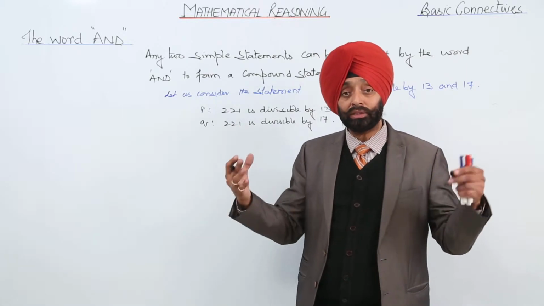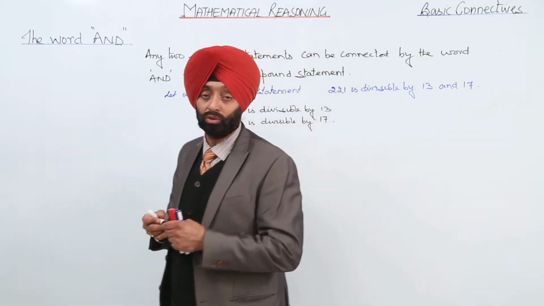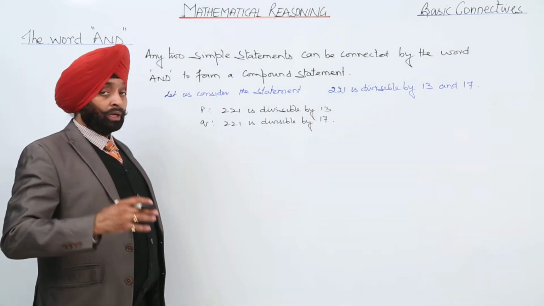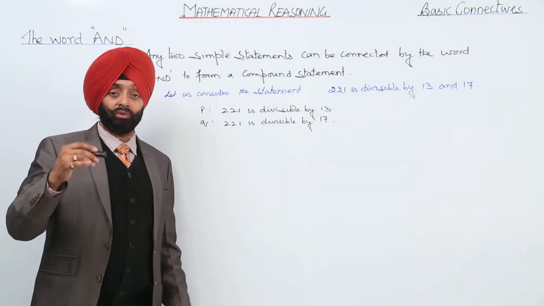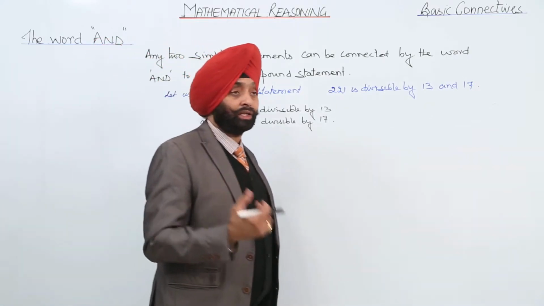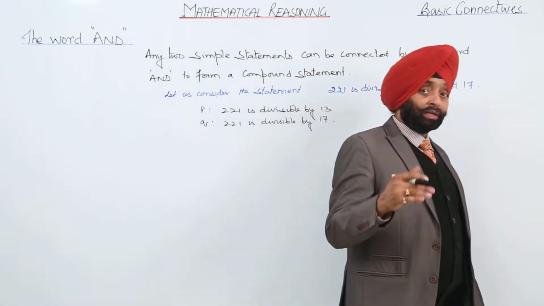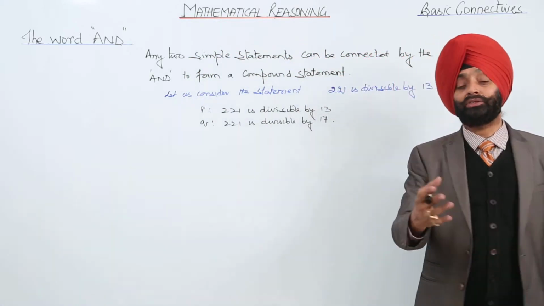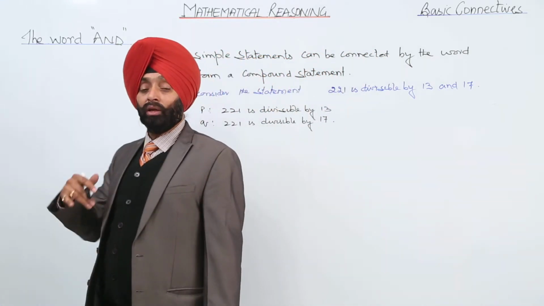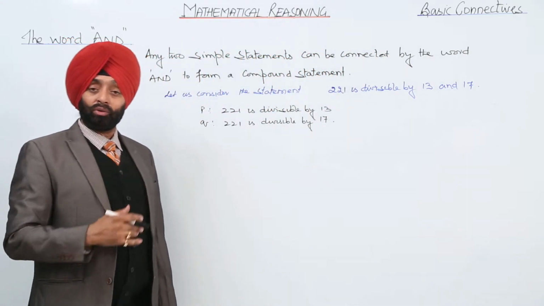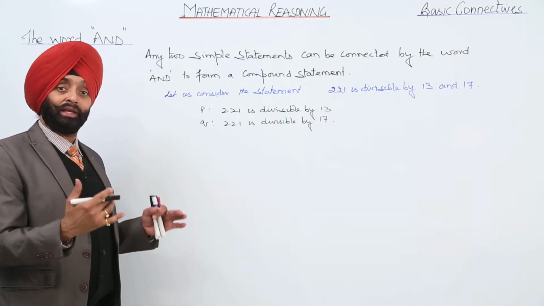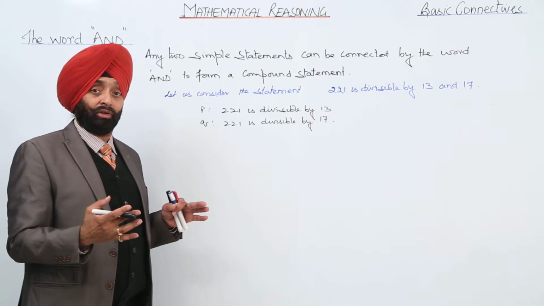Up to here we have already done it. Then why are we discussing it again? I just want to tell you that first of all we are using the word and as a connective in our English language, but everywhere and is not a connective. For example, Barry and Harry are good friends. Here and is not a connective.